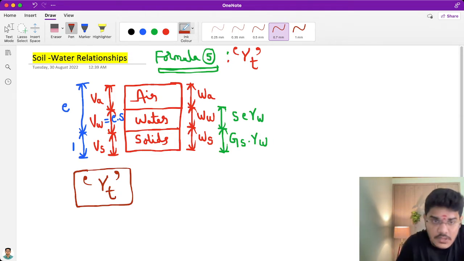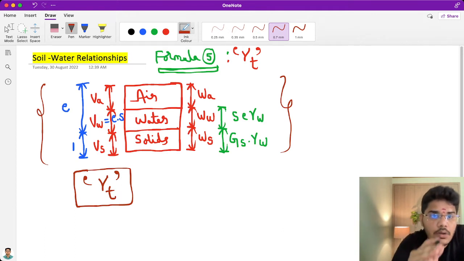ratio? So this three-phase diagram I have already derived in the last video, by assuming volume of solids is equal to 1, we can write volume of water is equal to void ratio into degree of saturation, and weight of solids is equal to specific gravity of soil solids into unit weight of water. So again I am not deriving, I directly wrote the volume of water and weight of solids in the three-phase diagram, since I have already derived it in the last video. Now if you check